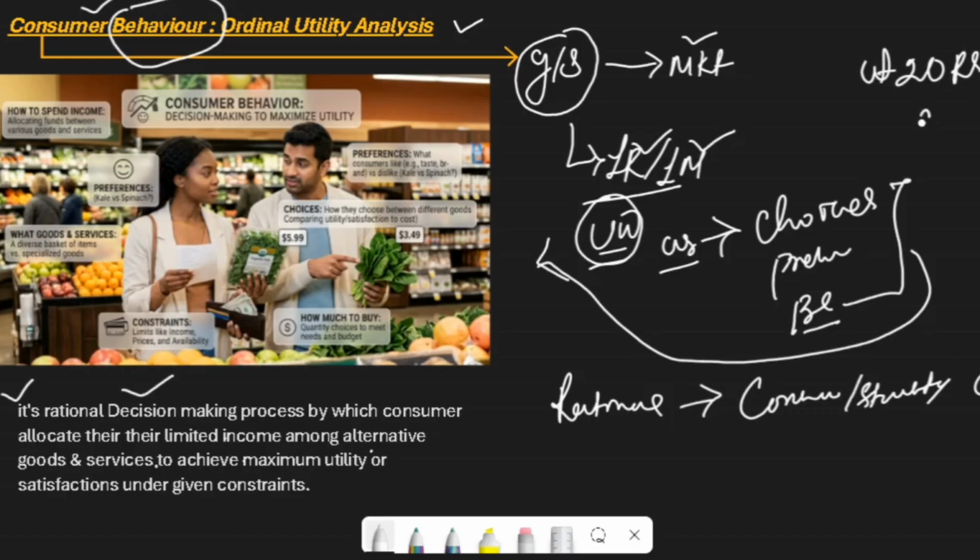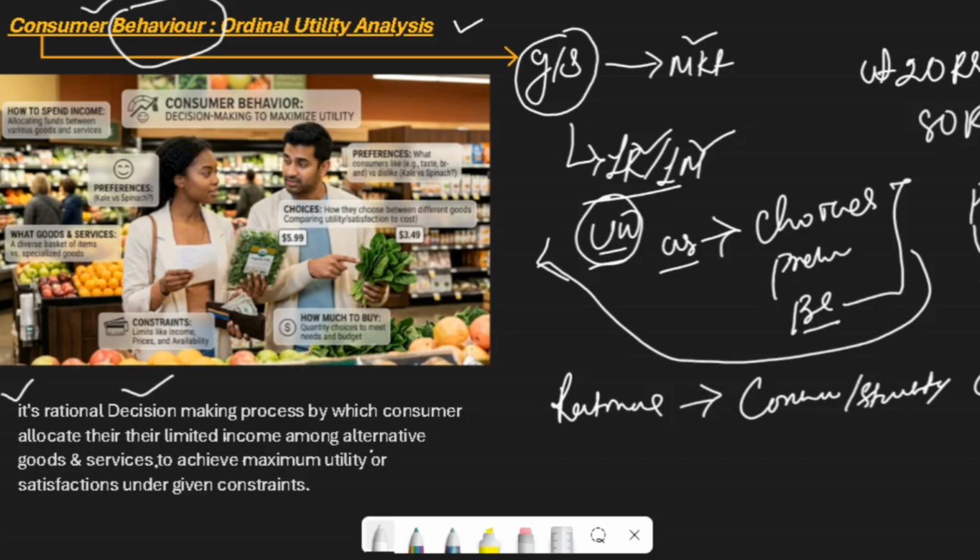At the price of 80 rupees, if I purchase the same quantity, 5 kg, that means I am not a rational consumer, I am irrational, because we know that according to the law of demand, there is